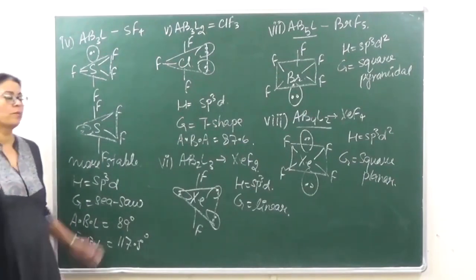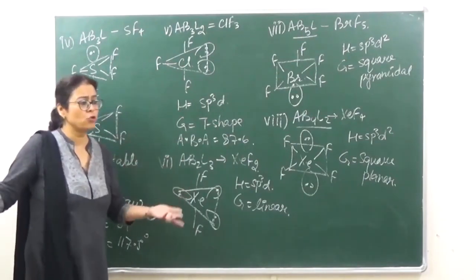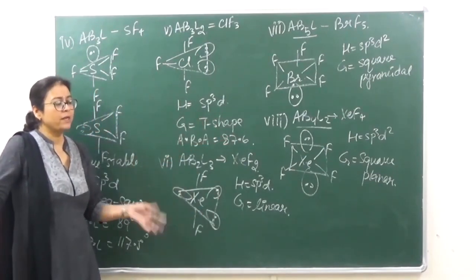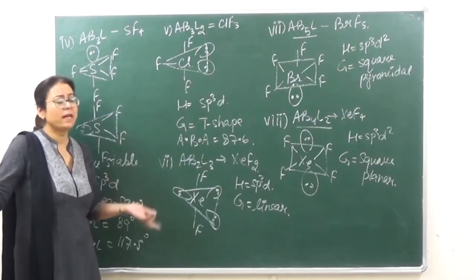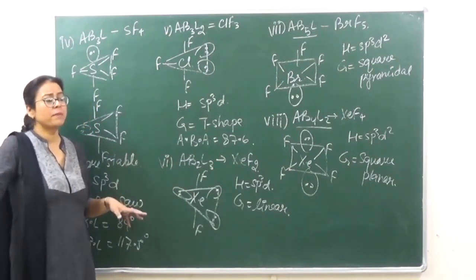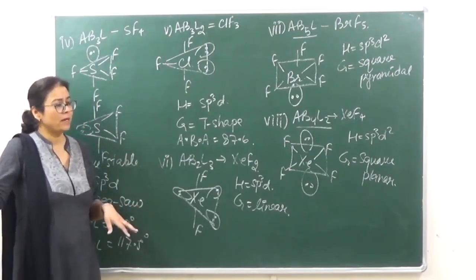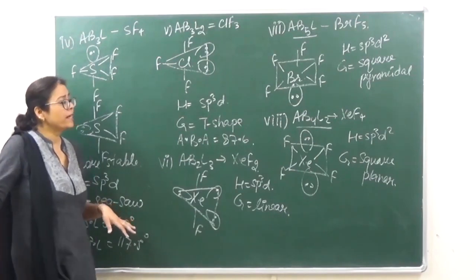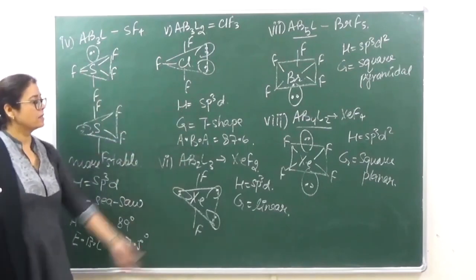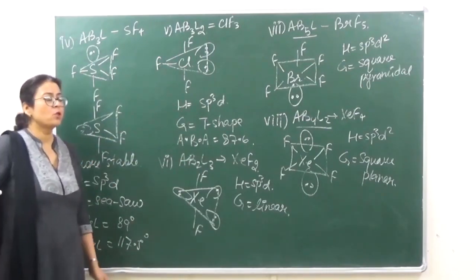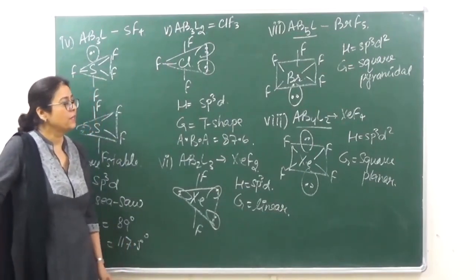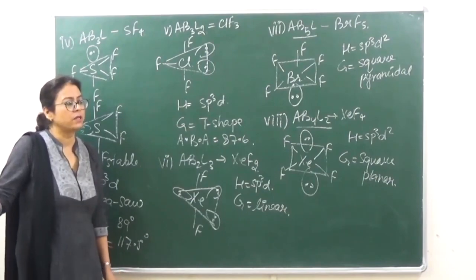Right? So over here, although we've already done this when we were doing hybridization, whenever we are calculating the hybridization, तो हमने करा था कि if H becomes equal to 2, then the hybridization is sp और उसका shape क्या होता है? That is going to be linear, sp2 का triangular, sp3 का tetrahedral, and so on, right? So you can predict the shapes also on the basis of hybridization when you're doing your multiple choice questions, or if you're getting in your boards a question in which you have to draw the shapes, then this is how you can do the shapes of so many molecules on the basis of VSEPR theory, right? So for today we are going to do only till here. Okay.